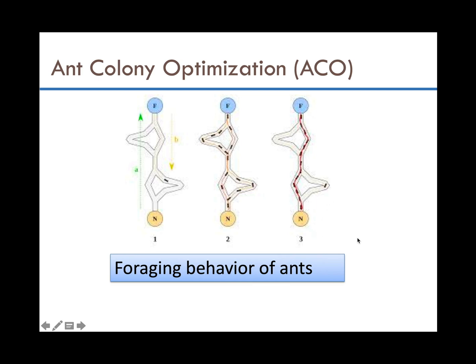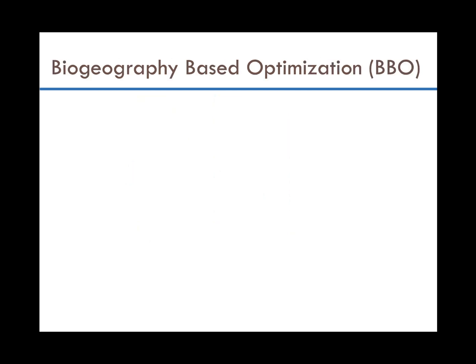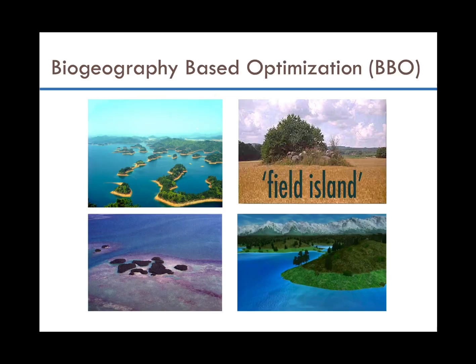In this way, ants always find the shortest path from one point to another, and this concept can be applied very efficiently to robotic path planning problems, and of course to drones also. The biogeography-based optimization algorithm is actually in the category of evolutionary computation, which is based on the migration